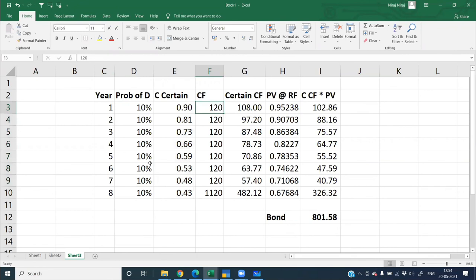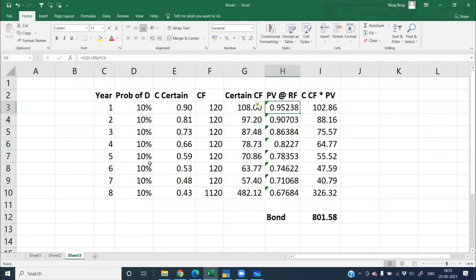Okay, my cash flows that has been given to me is my 1,000 rupees is the bond value and 12% is the interest rate. Okay, and in the end of the period, I'm going to get back my principal also. So my 1120, I'm going to get back. So what is the certainty of the event? Certainty of the event is this multiplied by this. That is E column multiplied by F column. Okay. So this is this multiplied by this.